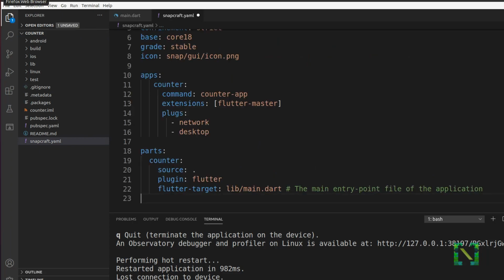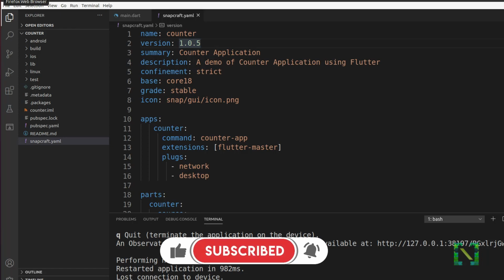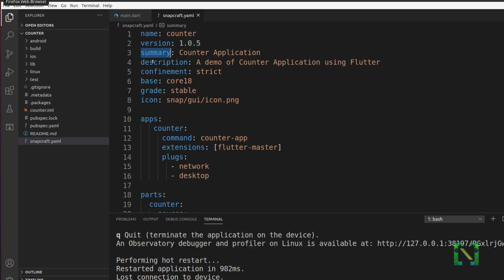Paste this exact code in the YAML file. You can get all the code regarding this on the website link given in the description. In the next few minutes, I will explain all these necessary parameters that are required in the Snapcraft YAML file. These parameters mentioned are the important ones. So the first parameter is name, which suggests what will be the name of the application in the App Store. Second is the version name, to maintain the version on the App Store. The App Store will not check your version in the pubspec YAML file, it will check the Snapcraft YAML file version. Summary and description are the text that your user will see before the installation.